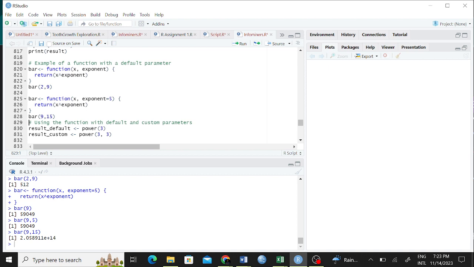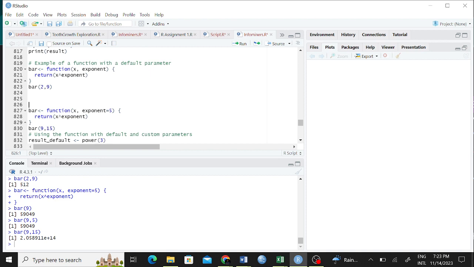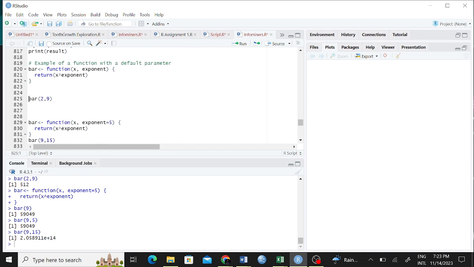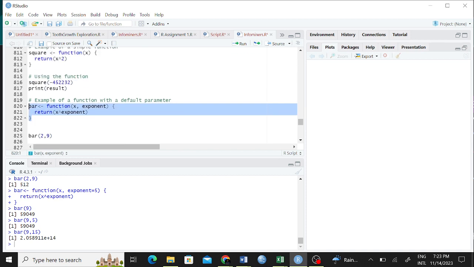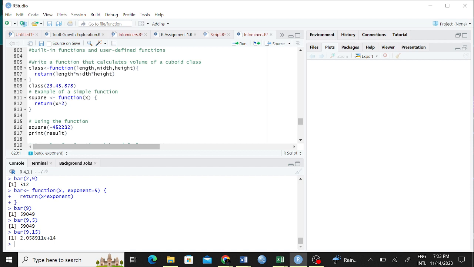So there's this function, an example of a function with a default parameter. I believe that this part is easier for you because it is similar to what we did here, the function with length, width, height.